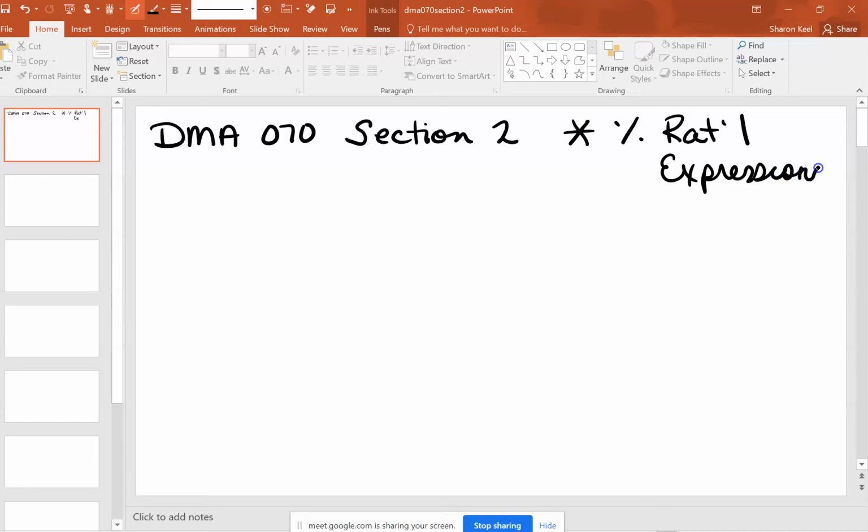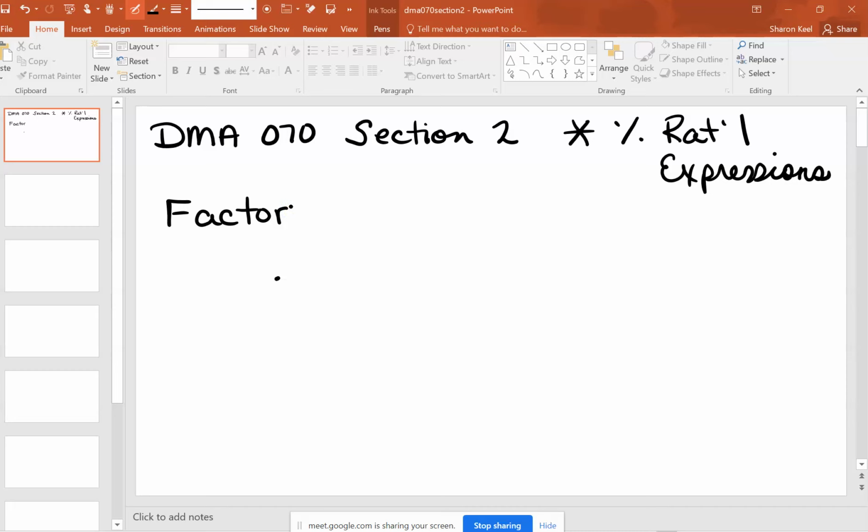Just as a recap from yesterday, we were asked what makes a rational expression undefined. What we determined was a rational expression is undefined if the denominator is a 0, so that cannot be a solution to an answer. We also looked at simplifying rational expressions. When we did that, we factored the numerator and the denominator, and then we simplified